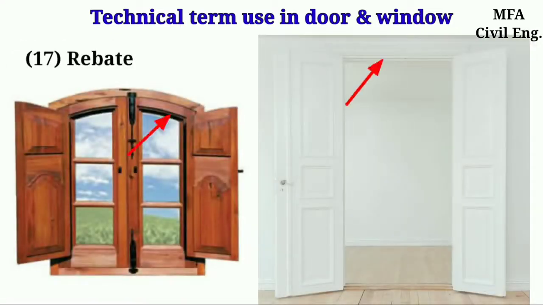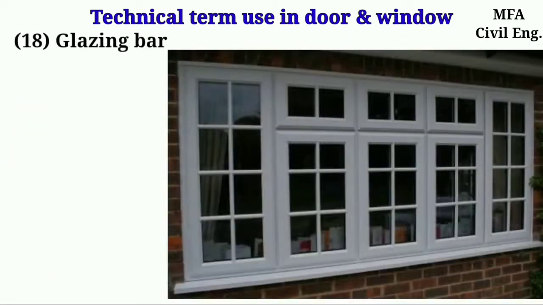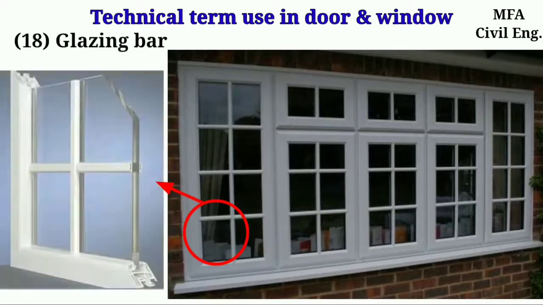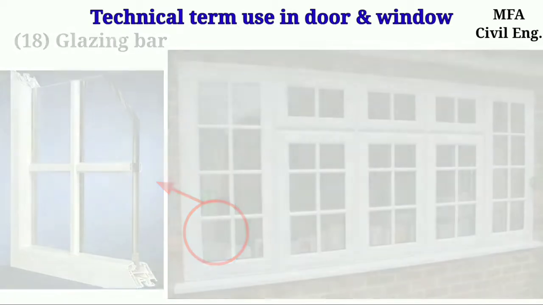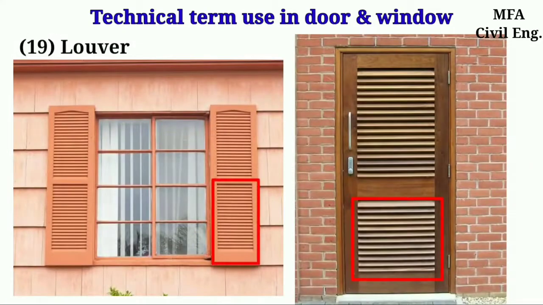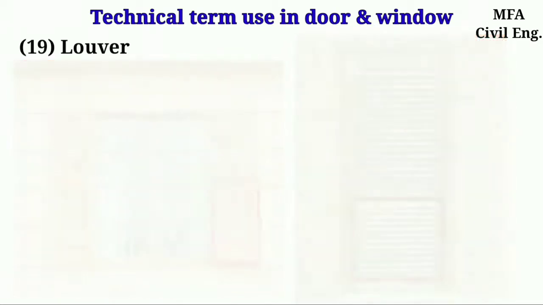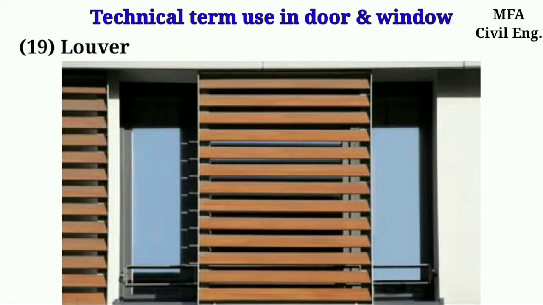Rivet is the depression made inside the frame to receive the shutter. Glazing bar is a special type of the frame made of a light section and designed to carry glass fitted in a shutter. Louvers is an inclined piece of a timber fixed within a frame. Louvers are provided in a window where vision is required to be prevented without affecting the ventilation system.